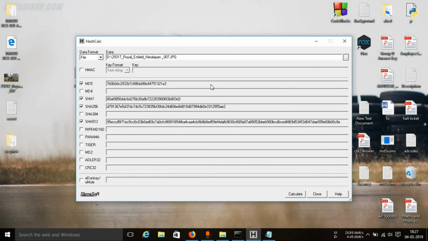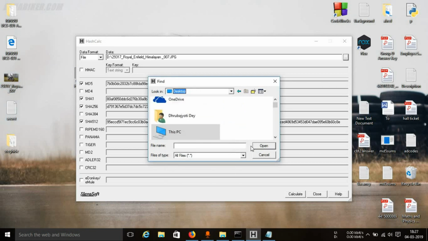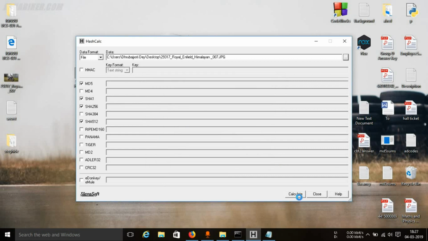Now let's calculate the checksum of the image in which we have embedded this secret file. If we go to the desktop and locate the image, which is this one, and calculate,